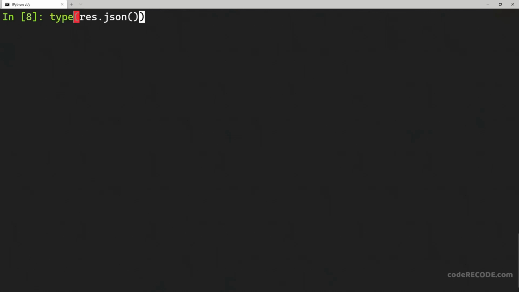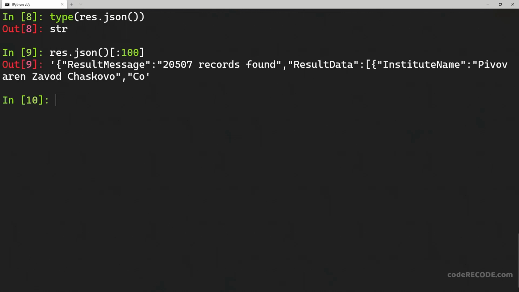So I want to see if it is actually returning a dictionary, and it is not returning a dictionary. It is returning a string, so let's look at the first 100 characters. Okay, it got rid of all those backslashes, but one more level of parsing is required so that it is converted into a proper Python dictionary object.